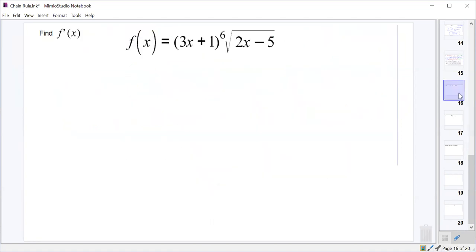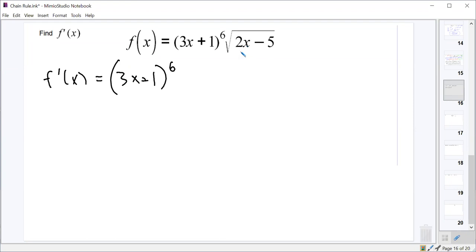All right. Let's do this one. Once again, what do we have going on outside of this all? This is a product rule problem, 3x plus 1 to the 6th power times the square root of 2x minus 5. So that's product rule, right? Yeah. Okay. So we should have f prime of x is equal to 3x plus 1 to the 6th power